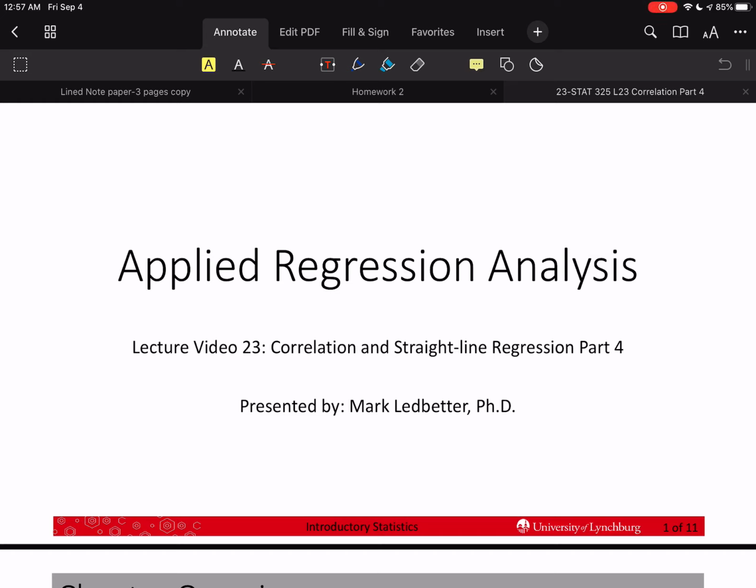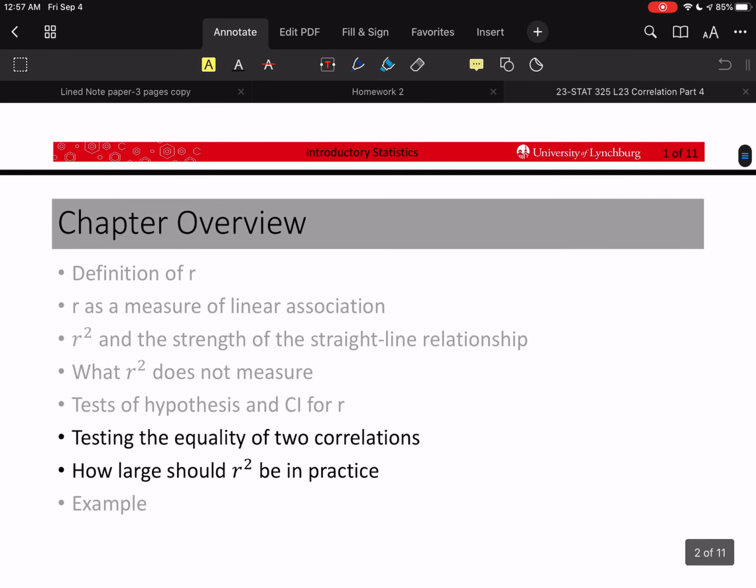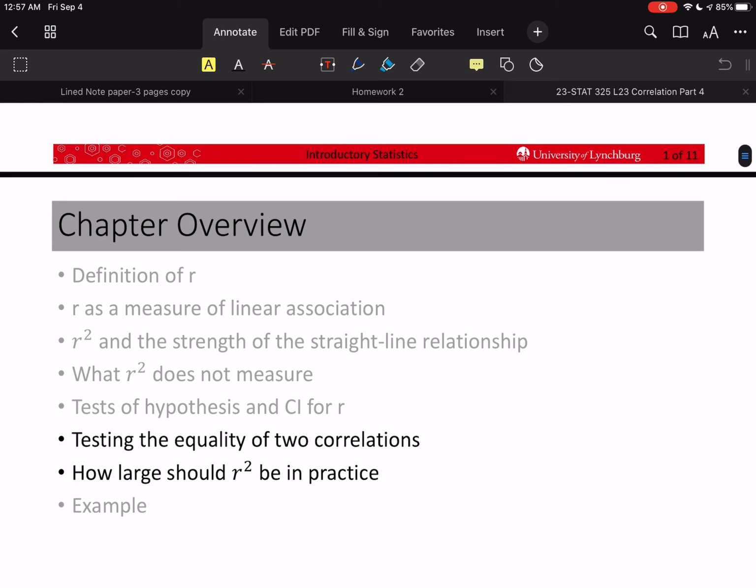I'm Mark Ledbetter, and this is lecture video 23, Correlation and Straight Line Regression, Part 4. We're finishing up Chapter 6 in this video. So we're actually going to do the example here as well. So the equality of two correlations, testing the equality of two correlations, and how large should R squared be in